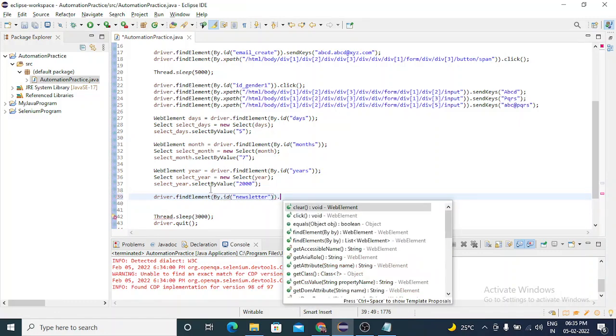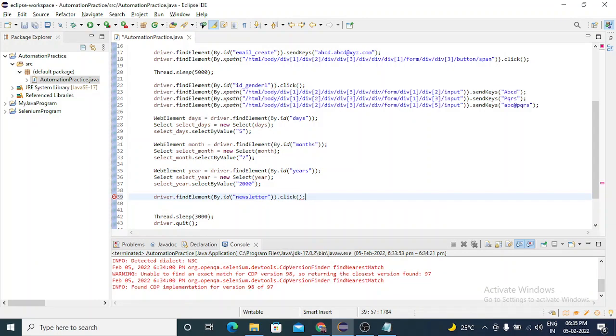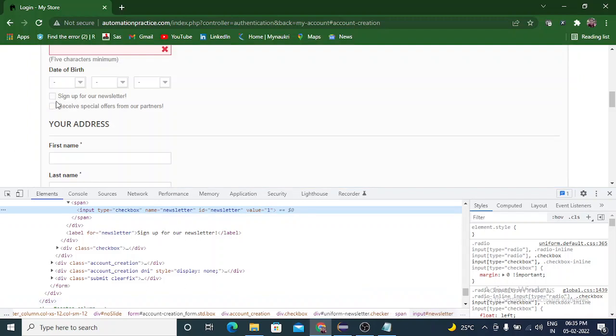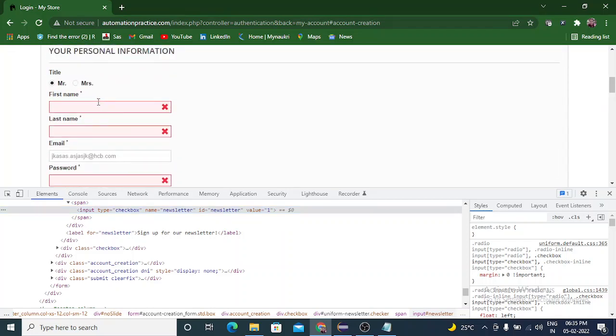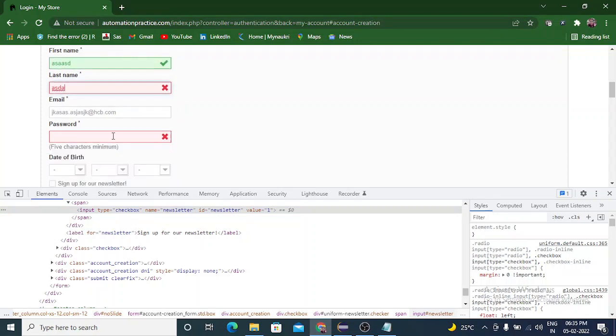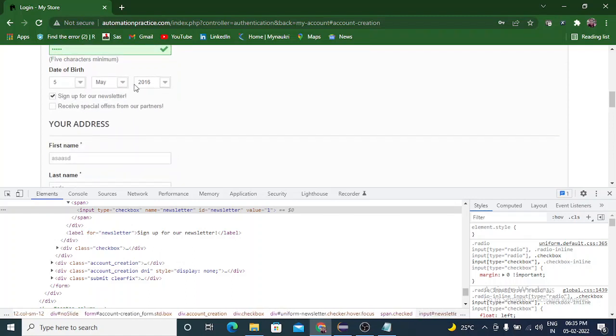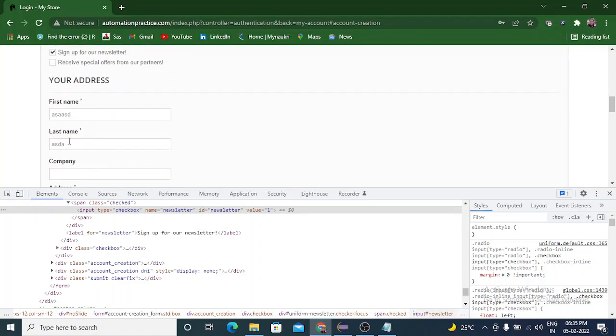Then dot click. I'm just clicking one, not clicking the other one. Then first name, last name, it should be copied. If you write here, and password, then see, it copies my first name, last name from the first panel to the next panel. So we need not put this name.